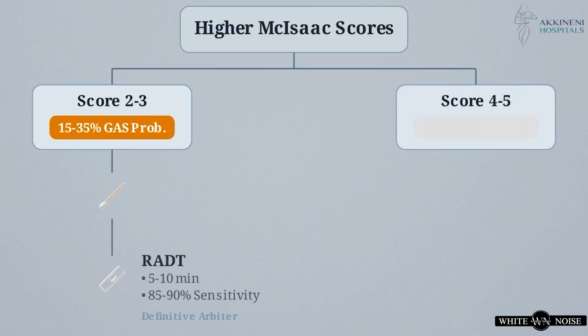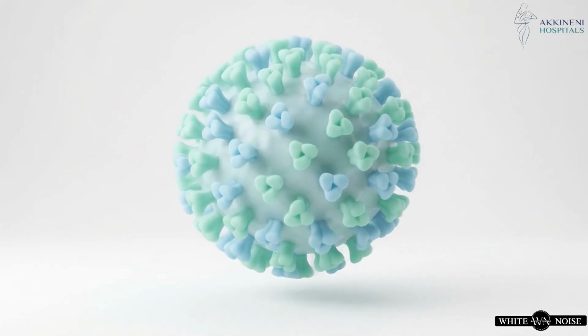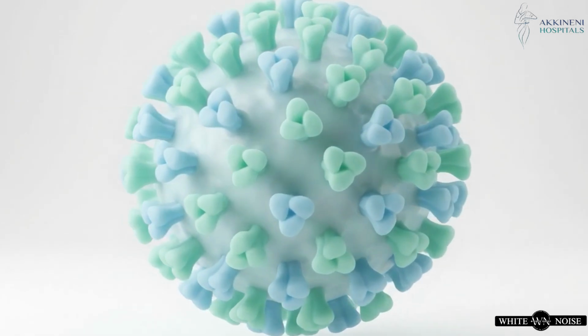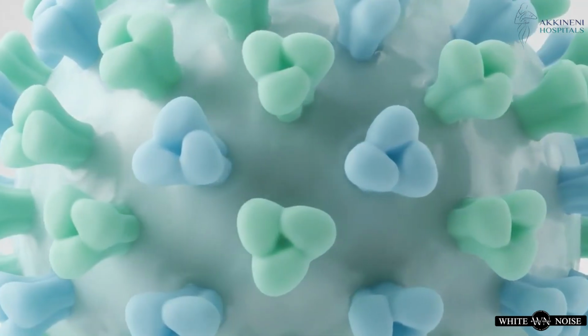For the highest scores of 4 or 5, the probability of GAS jumps to 50 or 60%. Clinicians can choose to confirm with an RAT, but this high probability clinically justifies initiating empirical antibiotic treatment immediately. However, even with high scores, clinicians must remain vigilant for specific red flags pointing toward the Epstein-Barr virus, the pathogen responsible